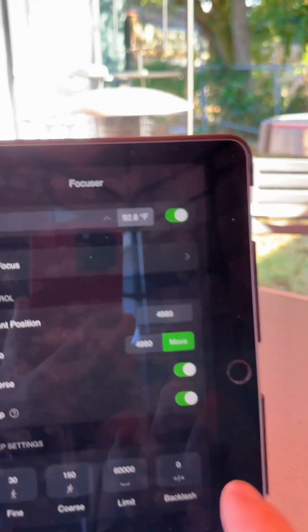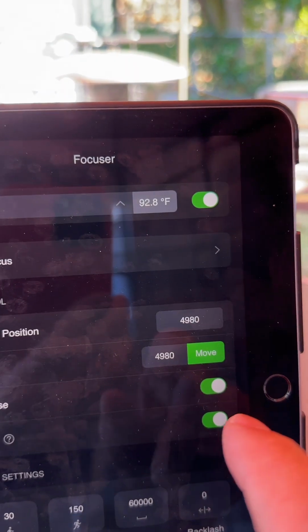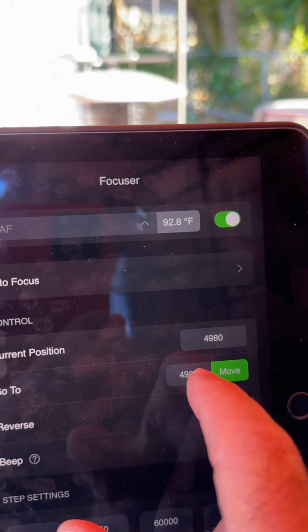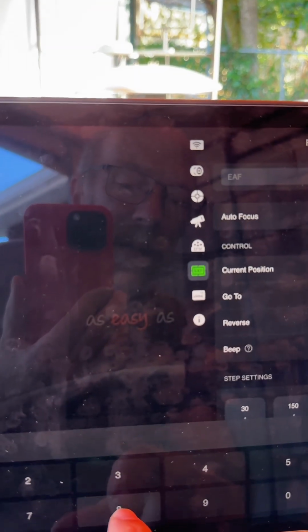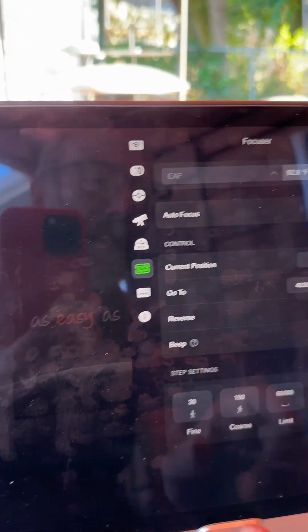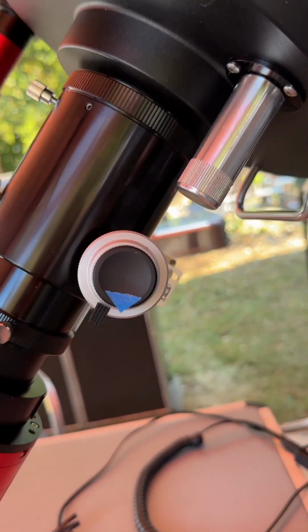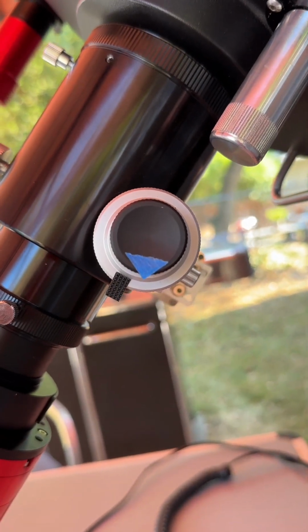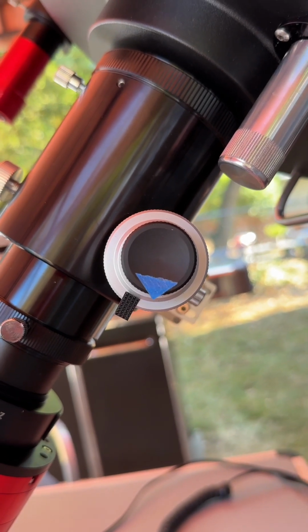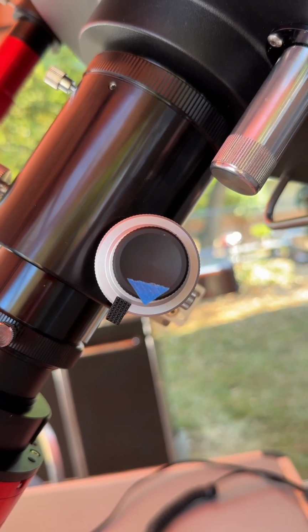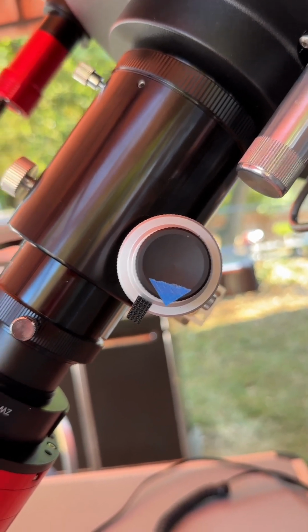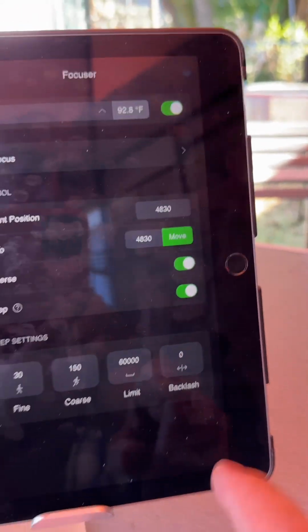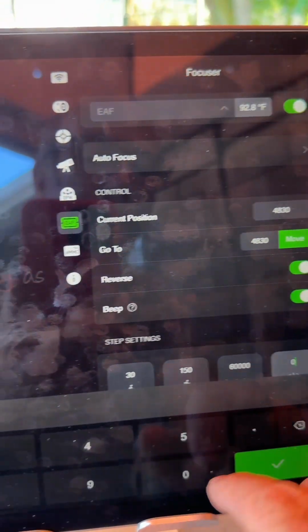Excuse the camera focusing every time I turn around. And there you go. You see how it's way offset? So this particular Crayford focuser has a backlash of positive 40, which we saw down here. So if we set it to 40 again,